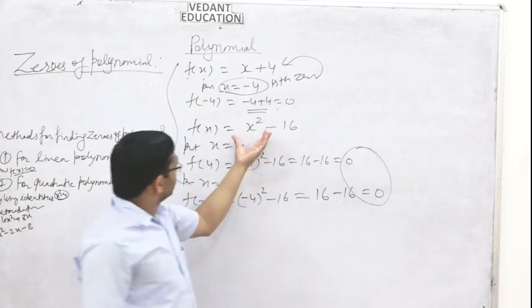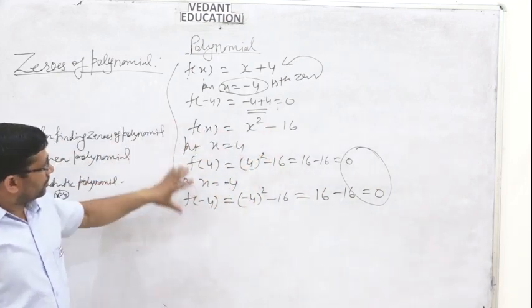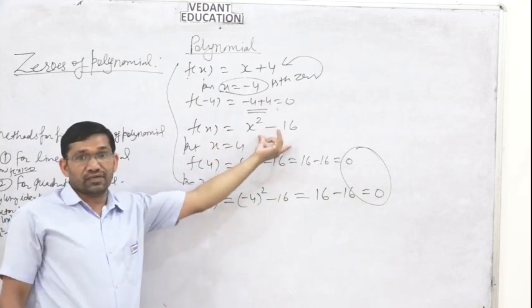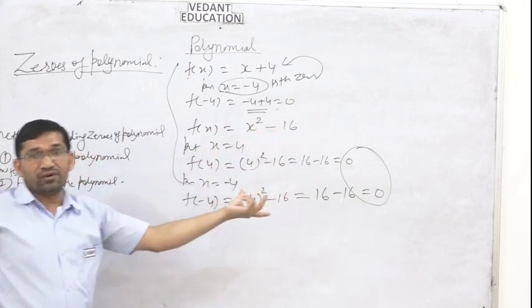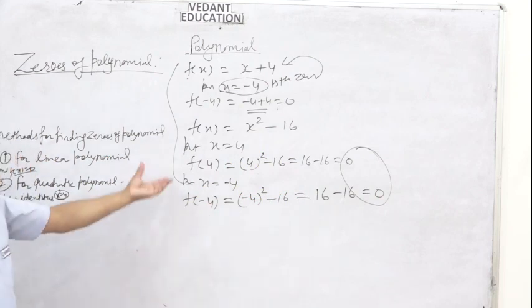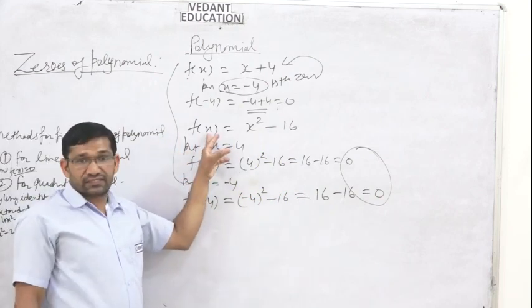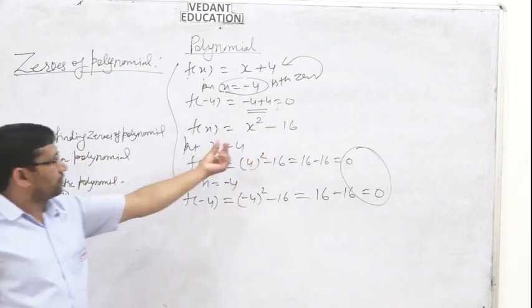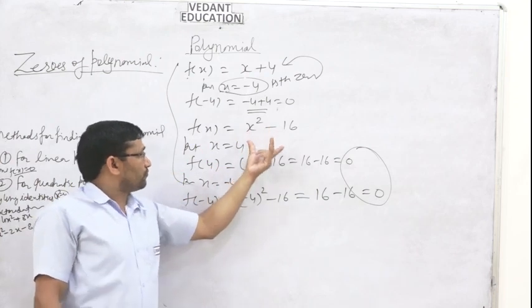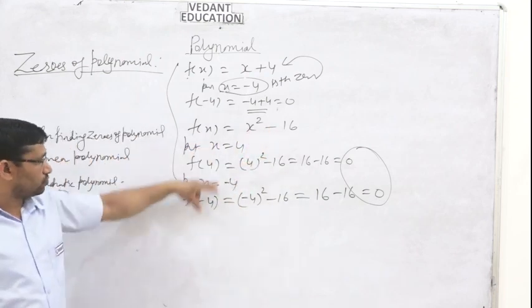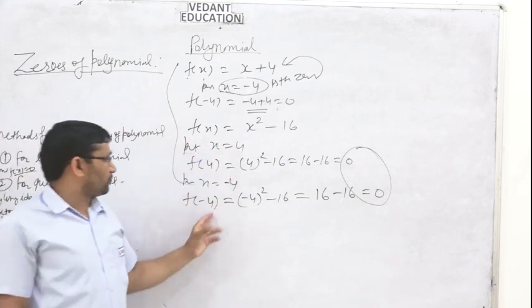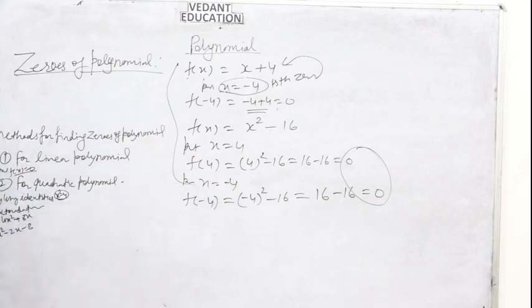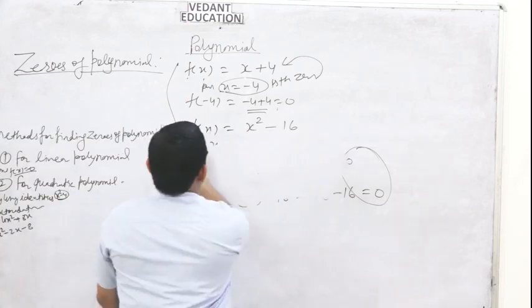Both are zeros of the polynomial x square minus 16. So zeros of polynomials are values of the variable. Which values of the variable make the polynomial 0? कोई भी polynomial में variable की values, it means here variable is x. x की वो वैल्यू जो इसको 0 कर देगी, जो इसकी वैल्यू को कंप्लीटली 0 कन्वर्ट कर दे, वो जीरोस हो गए. So here two zeros. First is x is equal to 4 and second is x is equal to -4.